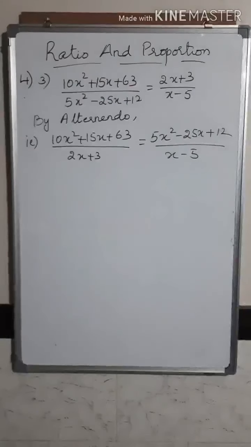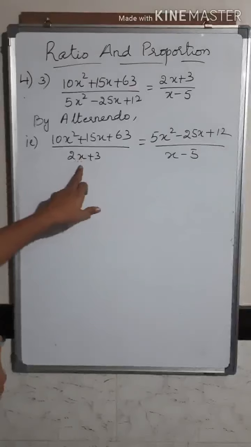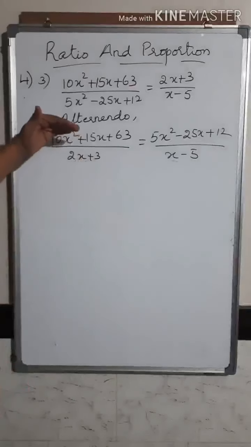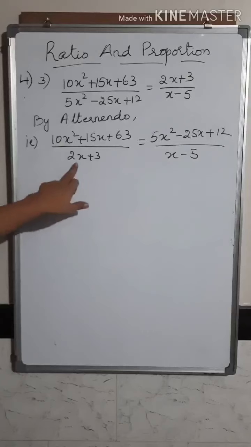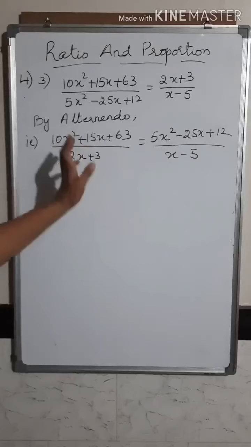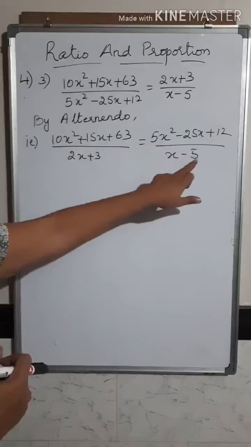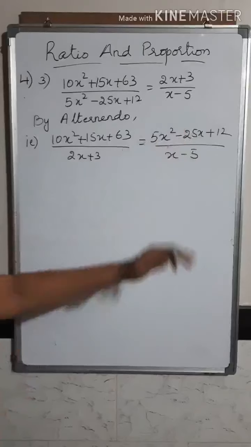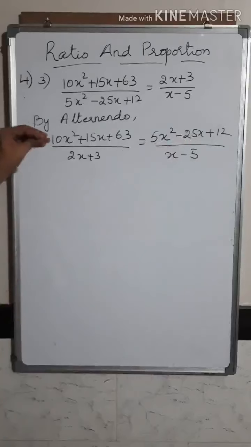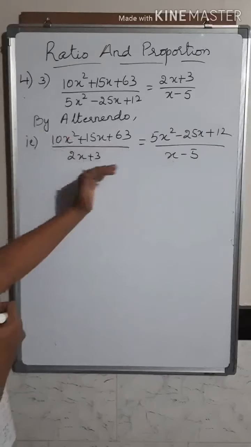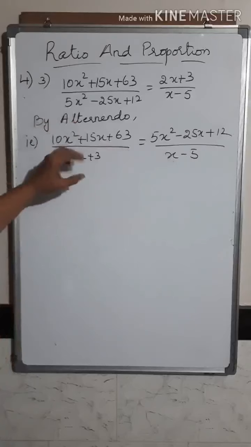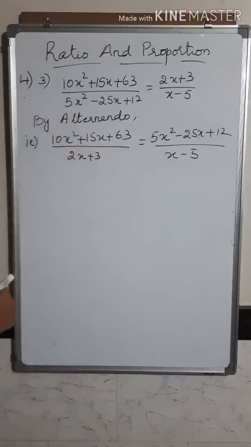Now when you look at the problem, by multiplying a common number to both the numerators, you can make the terms in the numerator and denominator equal. So if I multiply this one by 5, 5 2s are 5x, I have to multiply it by 5x. 5x into 2x is 10x square, 5x into 3 will be 15x. Same 5x you have to multiply the other side. 5x into x is 5x square, 5x into 5 will be 25x. So you have to multiply by 5x on both the sides. So you have to mentally calculate and see by what you have to multiply on both the sides to make the terms in the numerator and denominator equal. Then you do the multiplication.